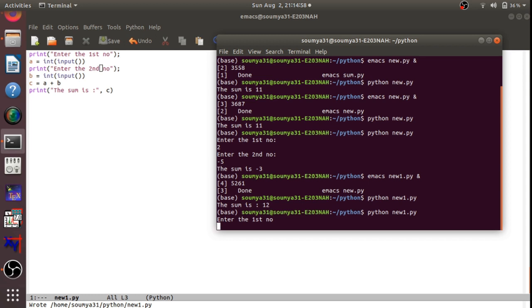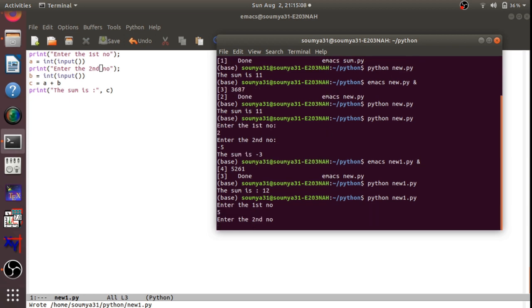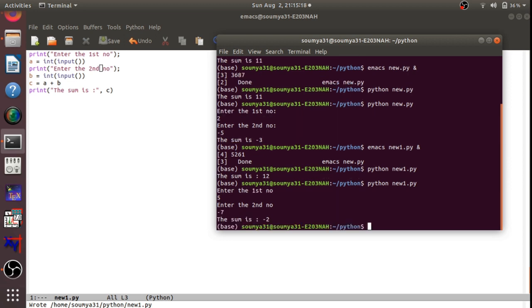You see that at the very beginning whatever I get is enter the first number. So I enter the first number. Suppose that my first number is 5. Enter the second number, let it be -7. As you understand, the result should be -2. So again I enter it. I am just using the enter key of my keyboard. Once I press it, you see that the sum is -2.